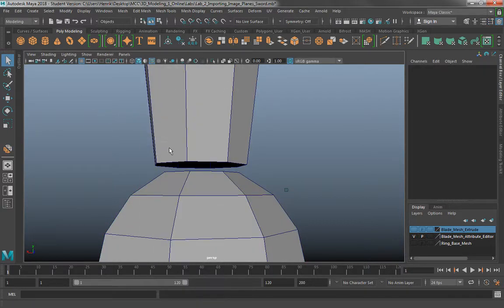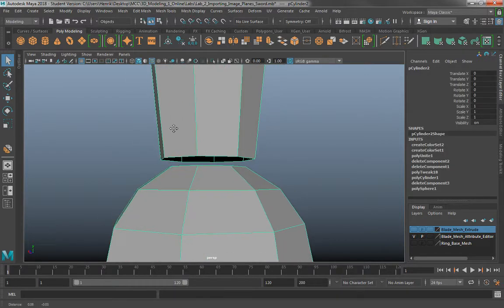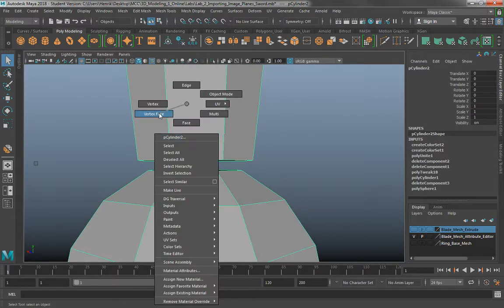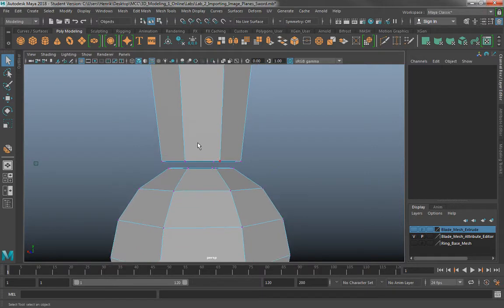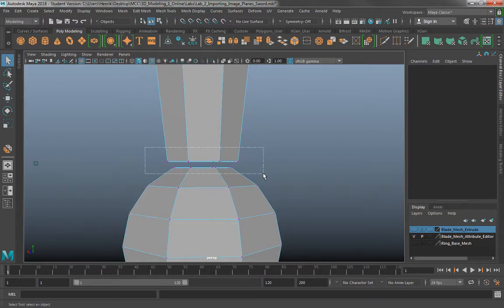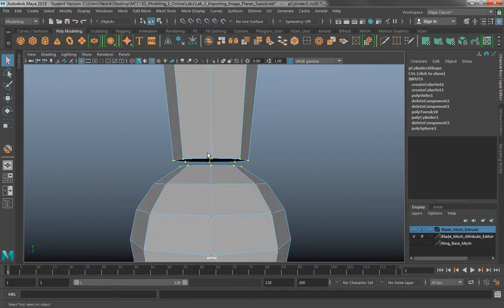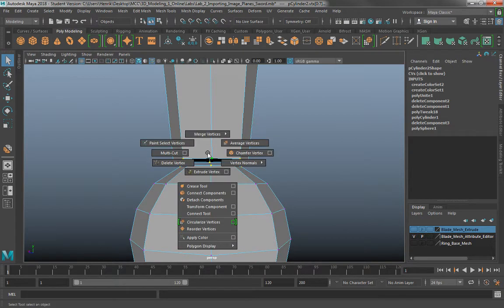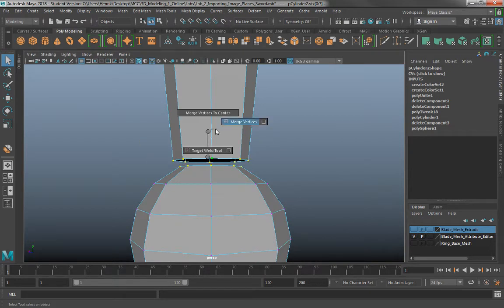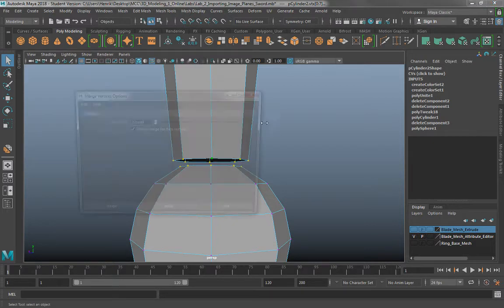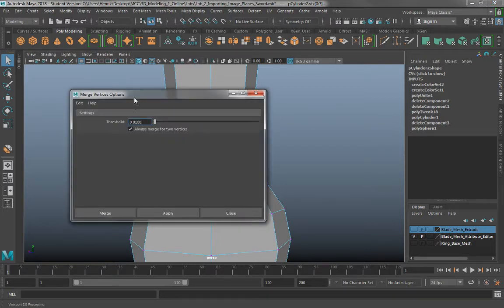Alright, so now going back to a different way we can do this. This is an unsafe way, but a much faster way. Highlight all your vertices that you need, hold shift, right click, go to merge vertices, and then we're going to go to merge vertices, but we're going to select the little square. And this threshold operation here that you see,